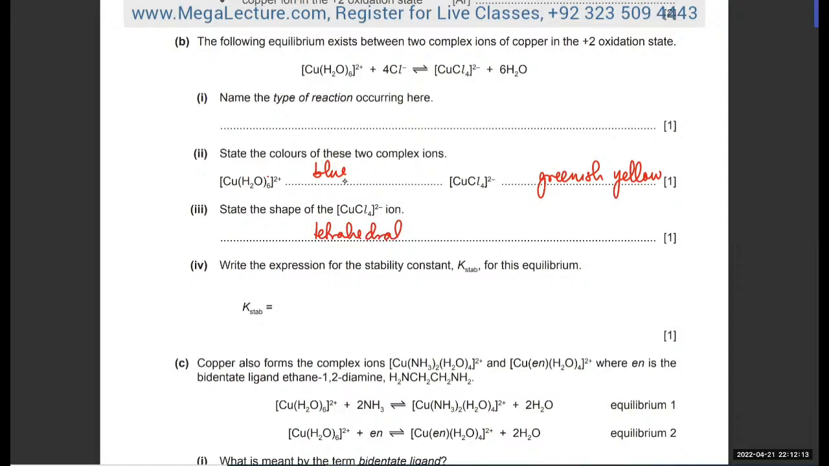You have to write the K stability expression for this equilibrium. So it's just products over reactants. You don't write water in the expression because it's aqueous. So it's going to be CuCl4